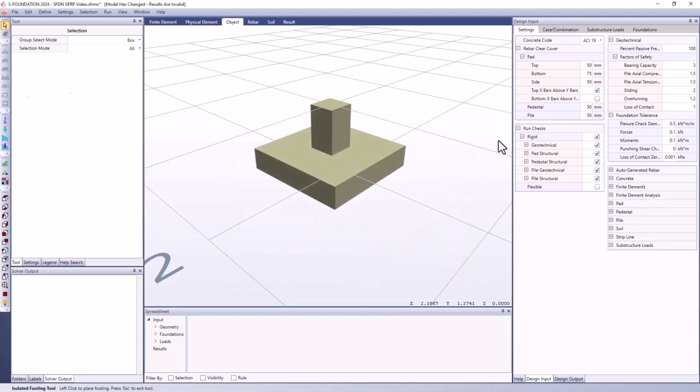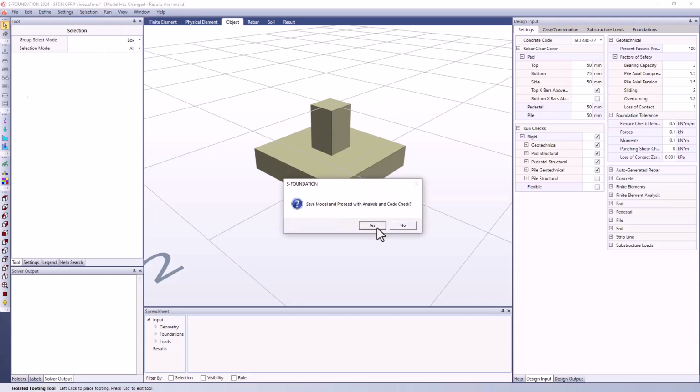And in the design input window, we're also going to change the concrete code. Currently I'm using the ACI 440.11-22. I'm going to change this to the ACI 440.11-22 code. I've just toggled on the ability to run additional checks, and I'm going to go ahead and run the analysis